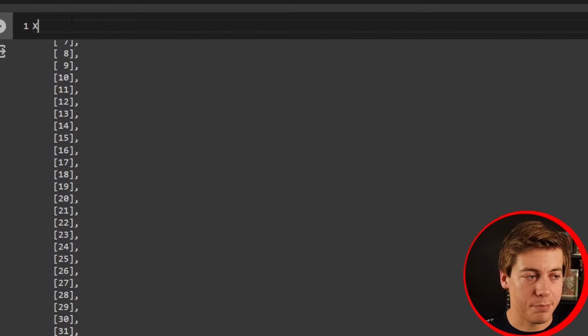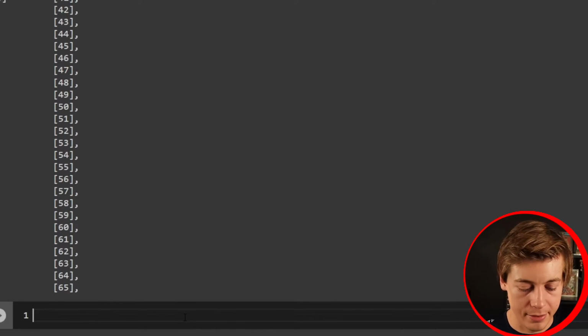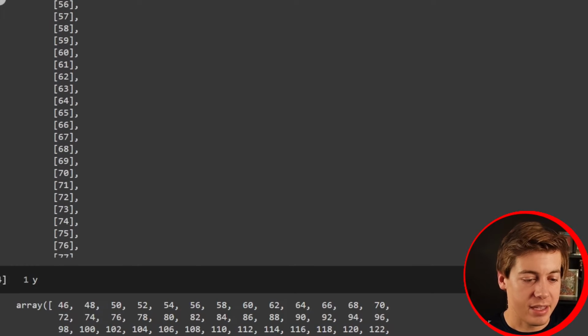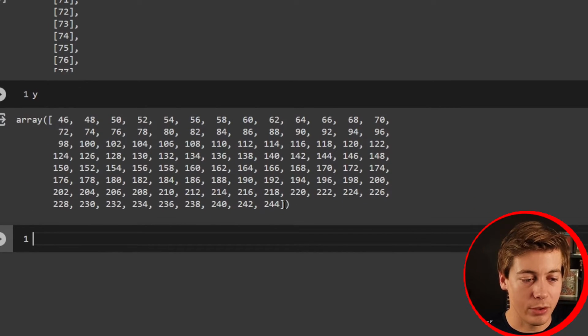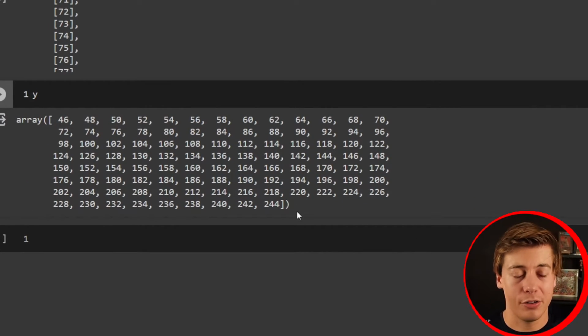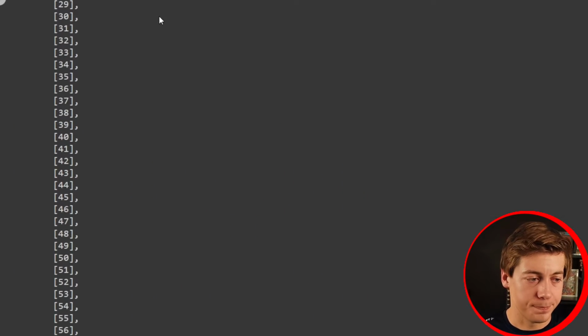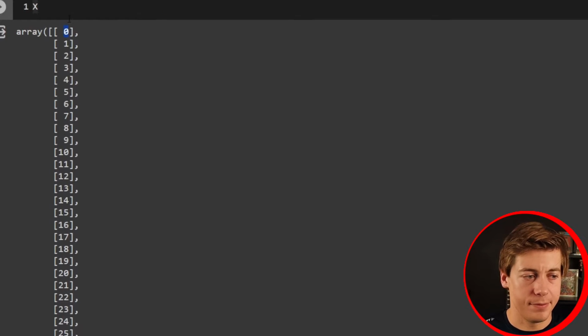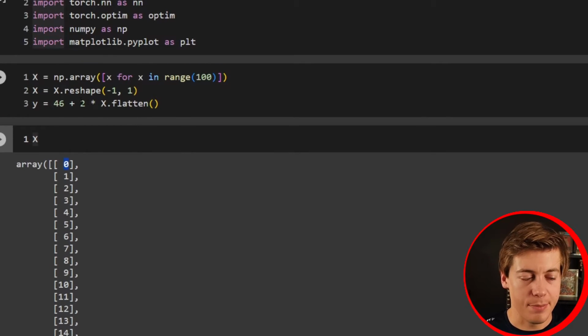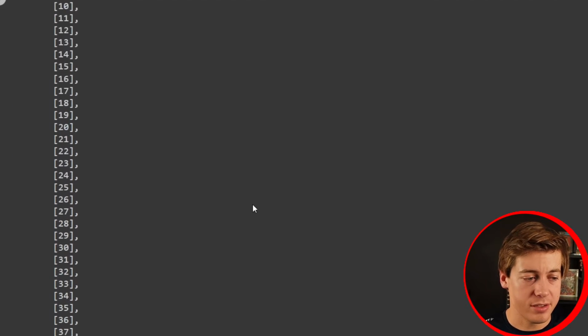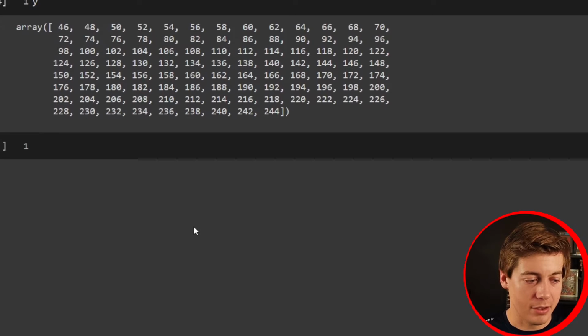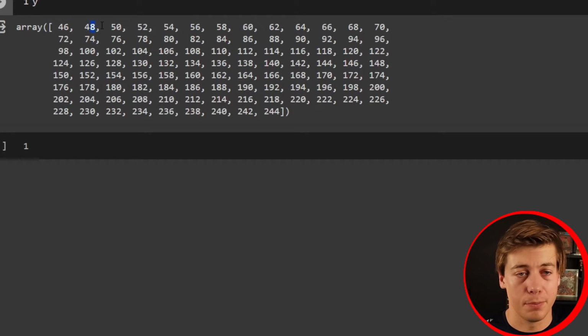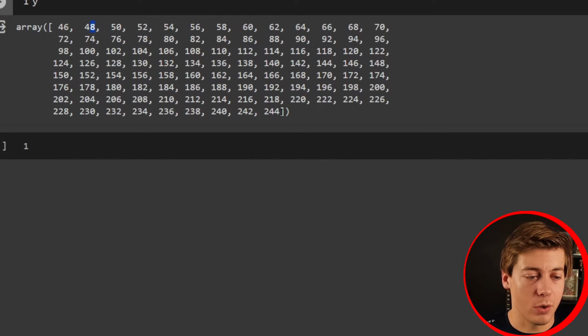So then if we build out a brand new line, let's put in our y specifically, you'll see that this array looks like this. And we only have one bracket because we are doing a one-dimensional array. And if you take a look at these numbers, we start with 0. Let's go over here. 0 times 2 is 0. So add 46 to it, and we go back over here, we have 46. Then we go to 1. 1 times 2 is 2, plus 46, 48. So this works out all the way over here. We're going from 46 to